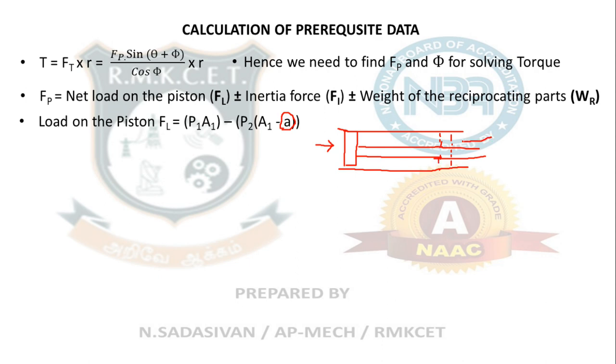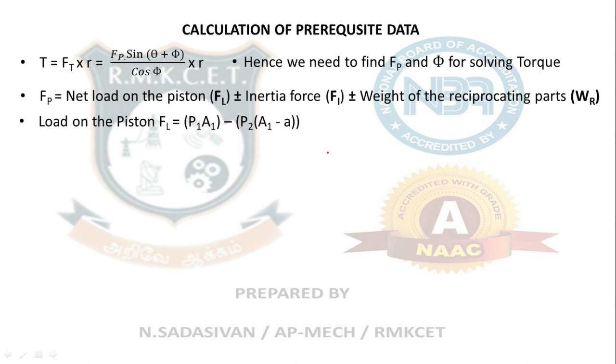Piston, the steam is applied from this direction and the piston is pushed backwards towards the top dead center. So I have drawn horizontally, but this question is vertical, okay. So the area available for steam to act above the piston is this much, A1, and below the piston is A1 minus A. So this small a we have to find out from the diameter of the connecting rod and subtract it from the bore area, that is A2 or A1 minus A.